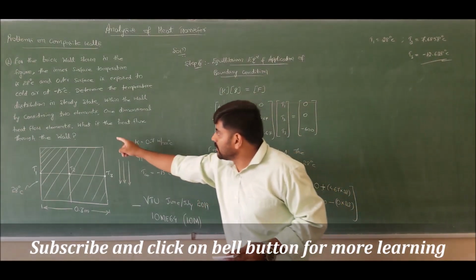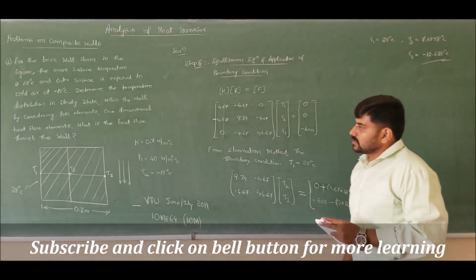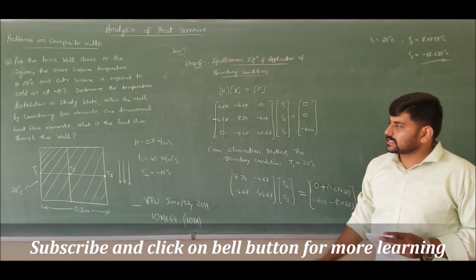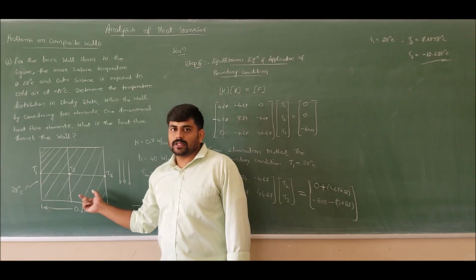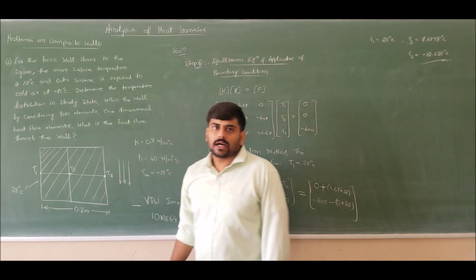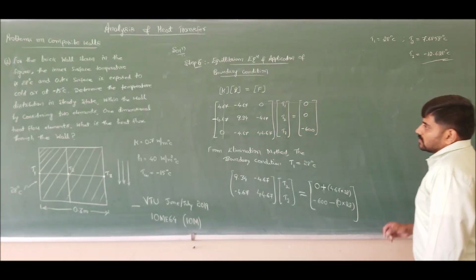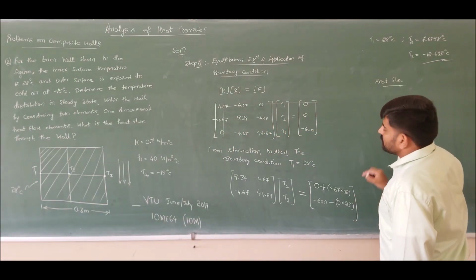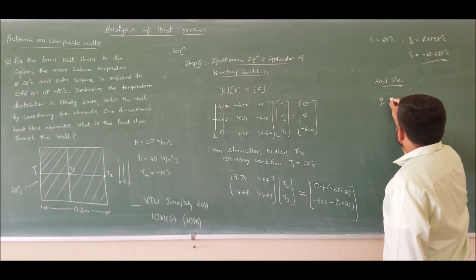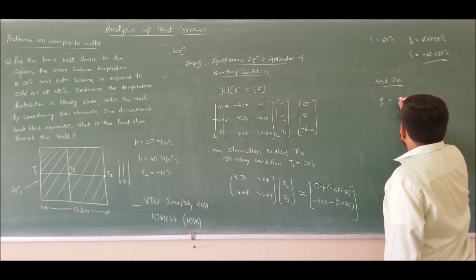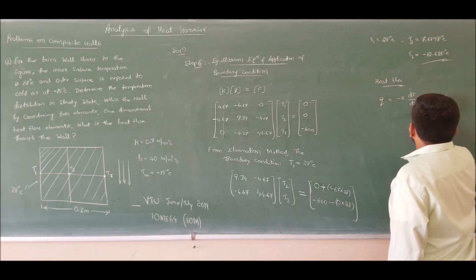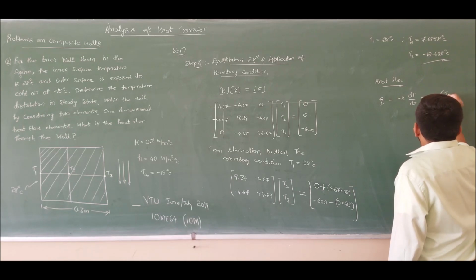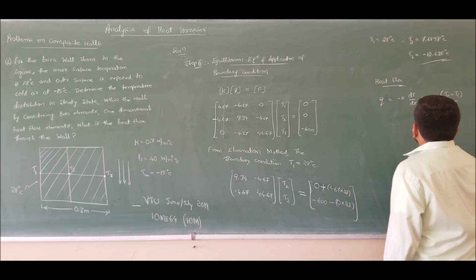Next, we are asked to determine the heat flux through the wall. Since we are doing this steady state analysis, I can use the conduction equation for element 1, which is the same as the conduction in element 2, which is the same as the convection from the right end. So the heat flux for this problem can be computed with the help of the conduction relation for element 1, which is minus k dT by dx, which is nothing but minus k of temperature of final node minus temperature of initial node divided by length of the element.